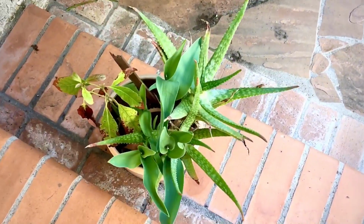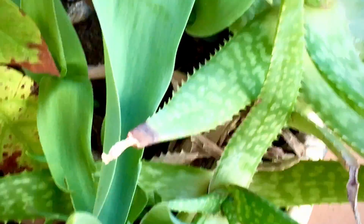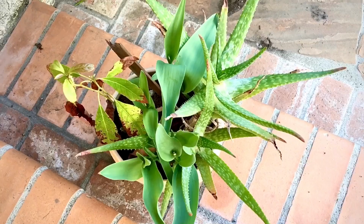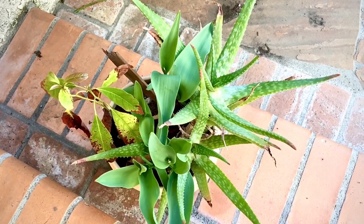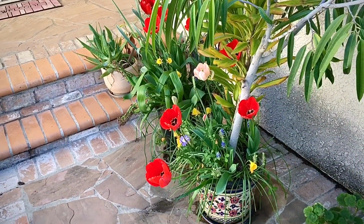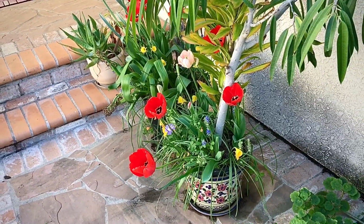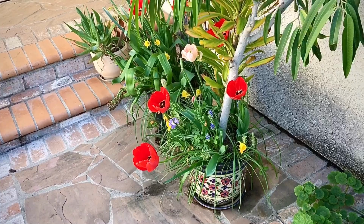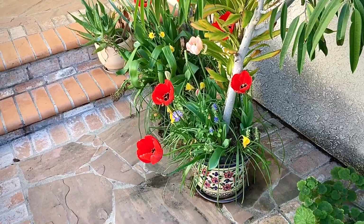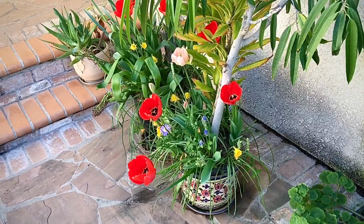You guys, I got a bunch of headless tulips here. If you look at them, they aren't going to flower, but all three of those are headless. But as you can see, you could grow tulips, avocado, and aloe very well. Maybe they'll come back next year. The weeks of winter, which is my spring, are ticking away, but I am having a beautiful tulip show. It is late March, it's almost Easter, and I am very, very pleased with how the Lord has blessed me